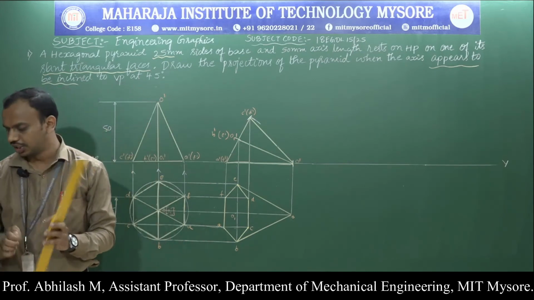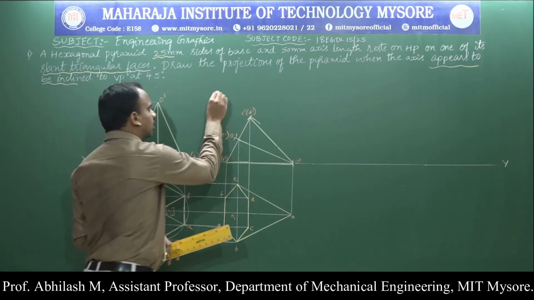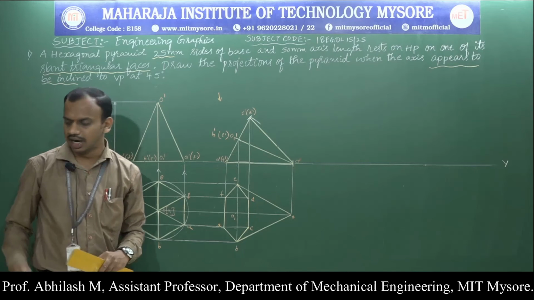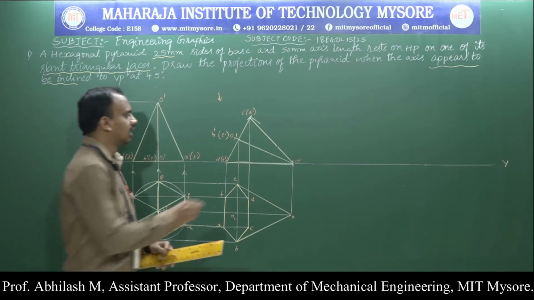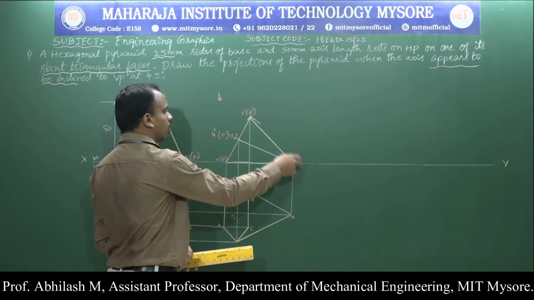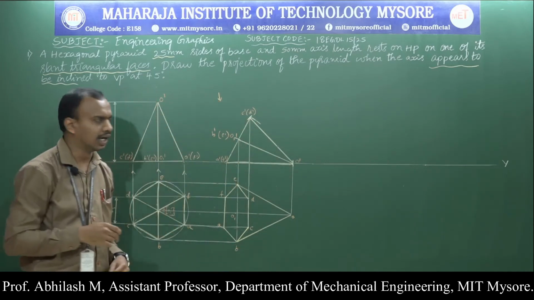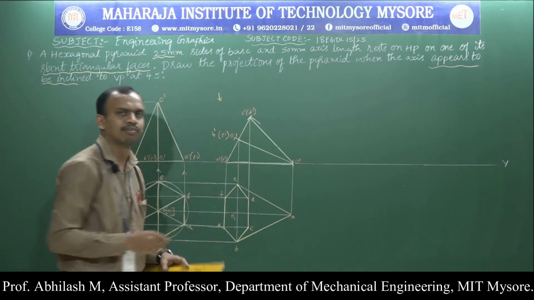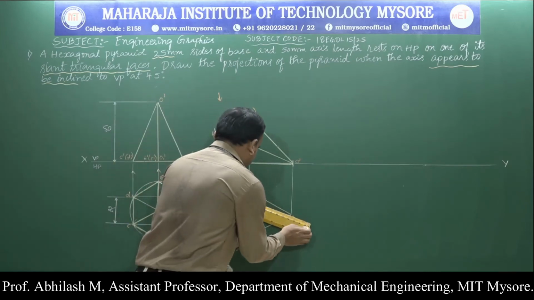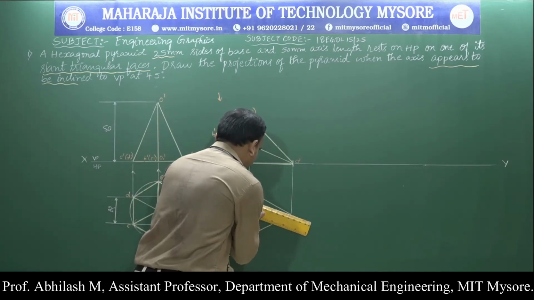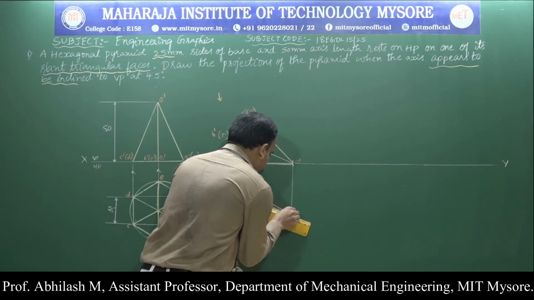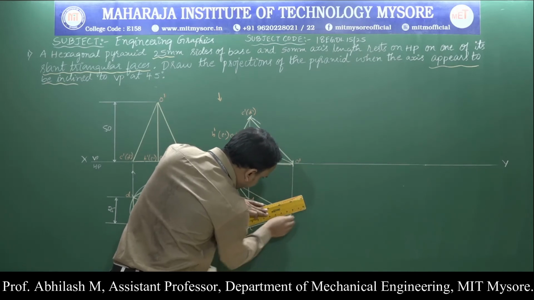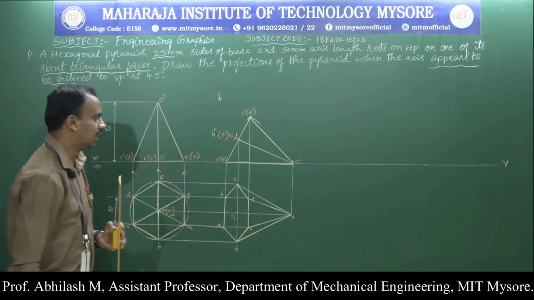Now the next boundary condition is that for the observer, the faces or the edges which are nearer are completely visible, and those which are far are not visible. Let us see that. So O dash D dash and O dash C dash are nearer to the observer and completely visible. So O to C and O to D are completely visible. Make that with the help of a thick line. Similarly, from O to the point C.